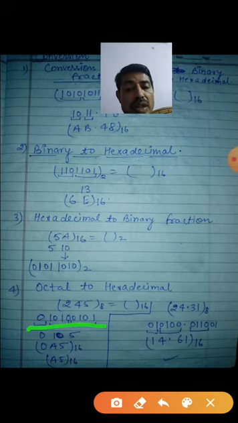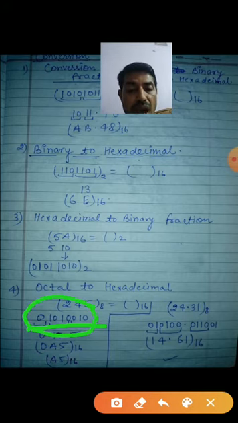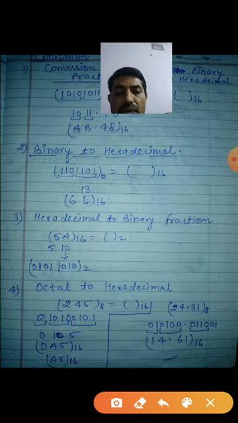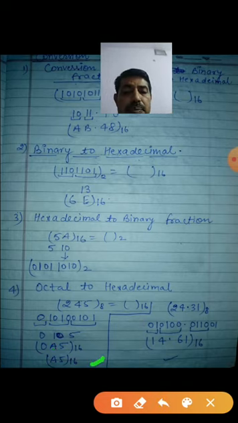But now this one is what? This is the octal. Now when you convert to hexadecimal, what will you do? You will take the 4-4 combination. Take the 4-4 combination. So this 4 is what? 1010. This will be 5. Next 4, what? 1010, which is 10. Next one, a single 0 is there. It's over. Now 10 means what? A. So A5. Final answer: A5 in base 16.